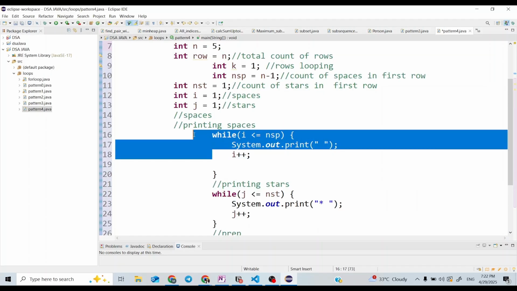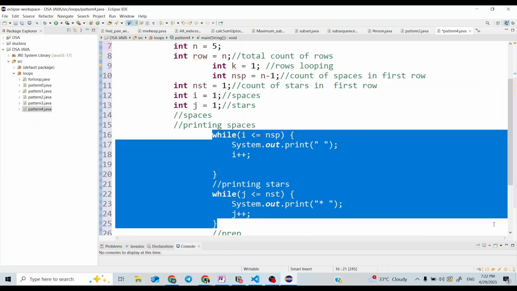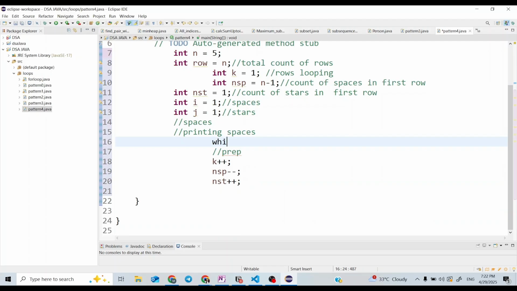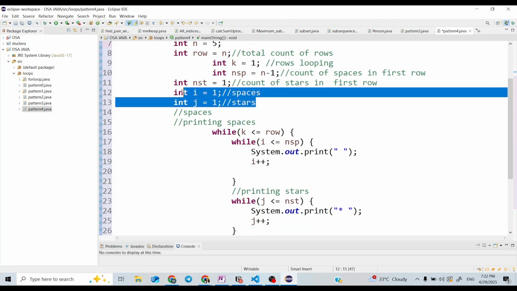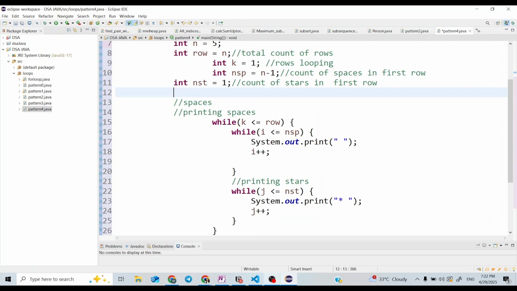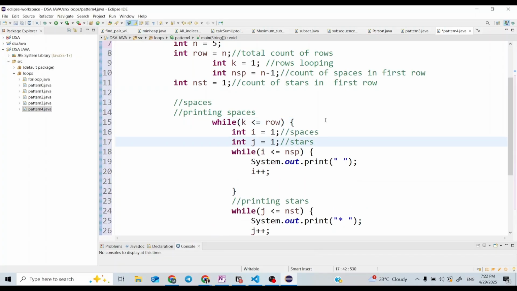We have to do this work row number of times, so we will put it inside another loop, k, that is looping on rows. Similarly, declare this variable inside also, because in each row we want to initialize i from the beginning of that particular row.